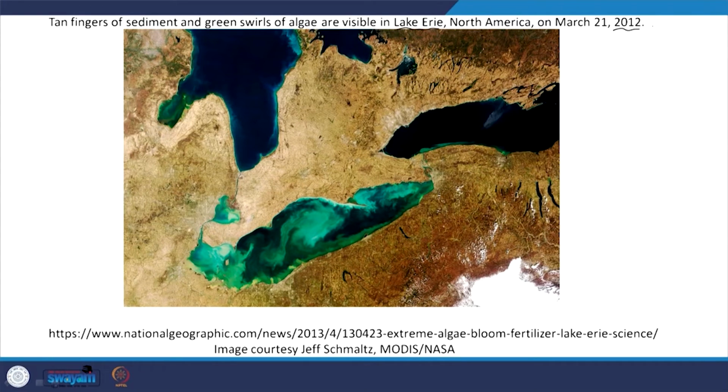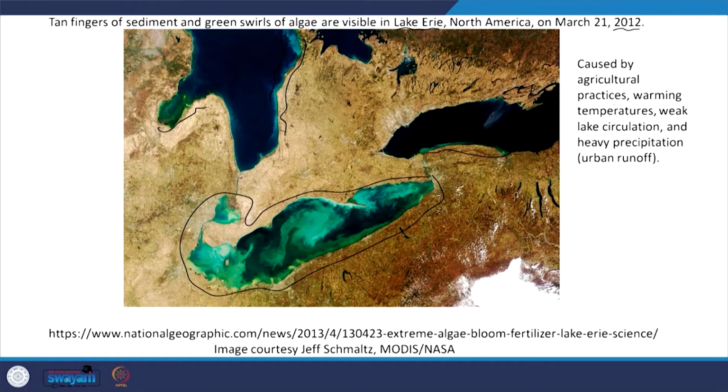North America, this is 2012, but this is always the picture. You can see algal blooms all out along this coast, and in this lake, obviously all along this coast, right. So, caused by agricultural practices, as in we add urea, right, we need to add nitrogen and phosphorus